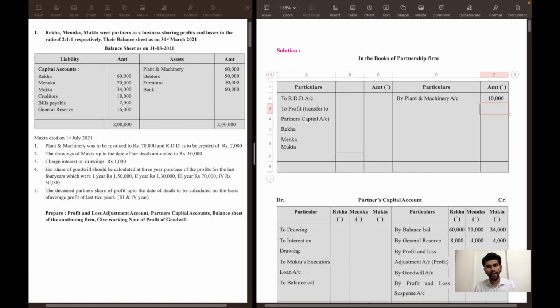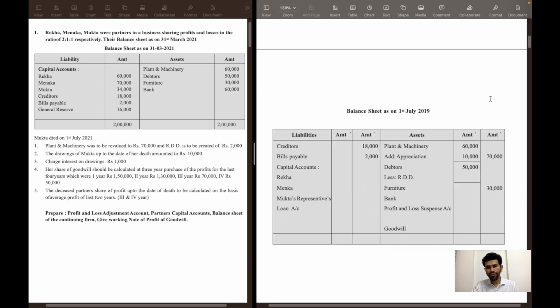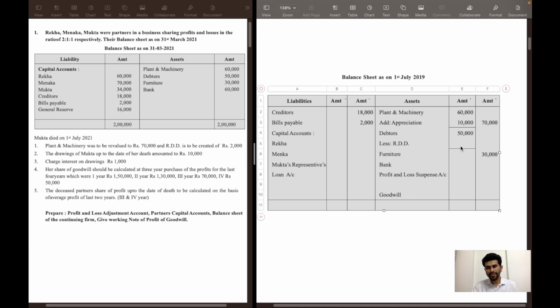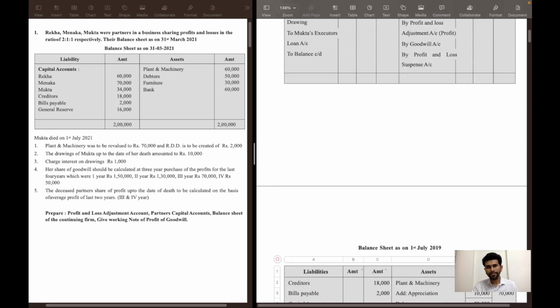RDD is to be created of 2,000 rupees. First, we will reduce it from debtors. 2,000 rupees. We have written 2,000 in bracket. It means it is a negative amount. So 50,000 minus 2,000 rupees. Balancing figure 48,000 rupees will come in the outer column, and the amount of RDD will be transferred to profit